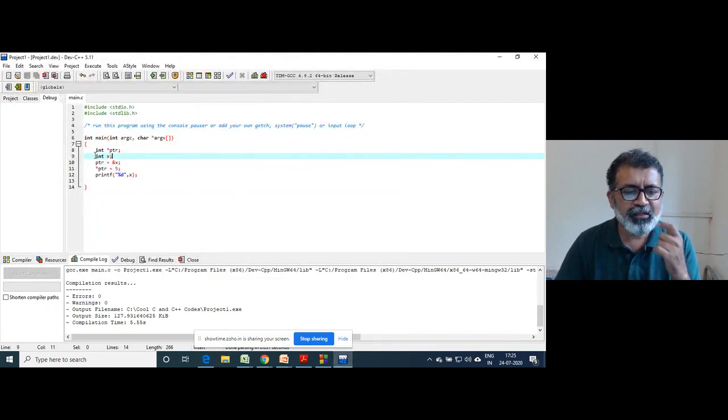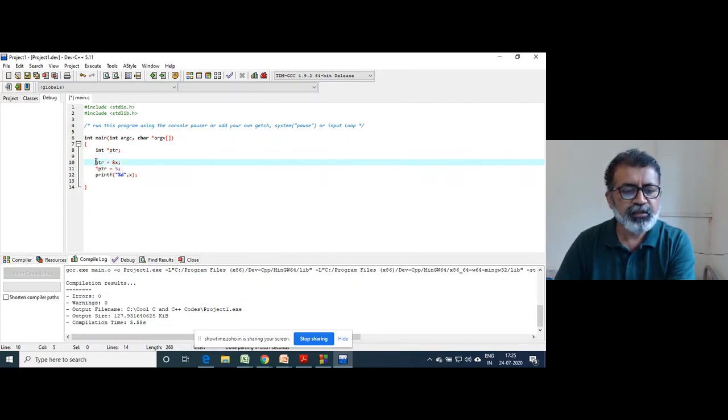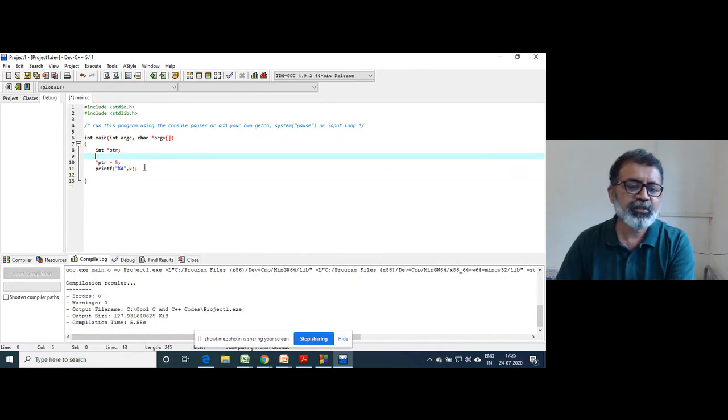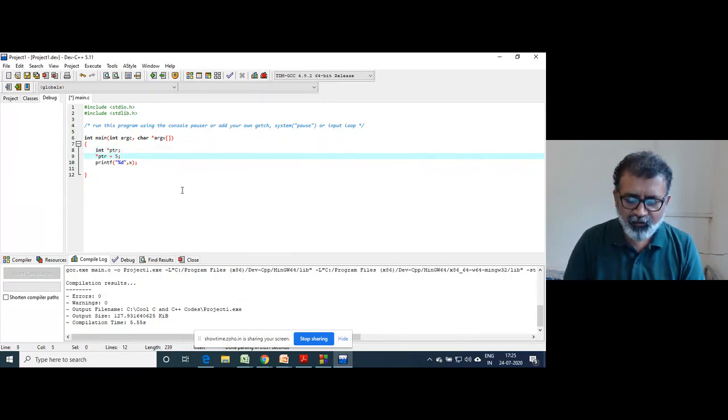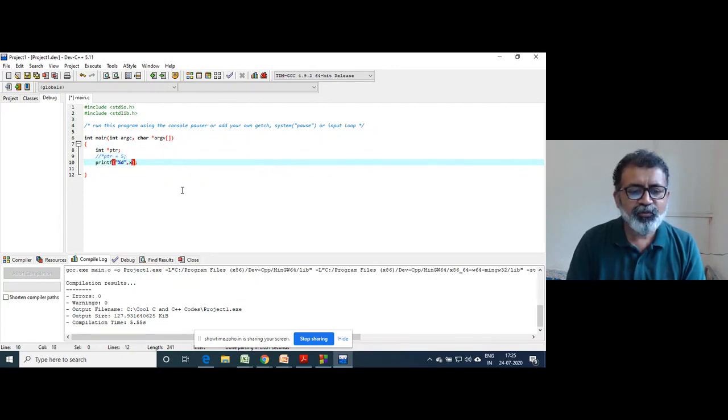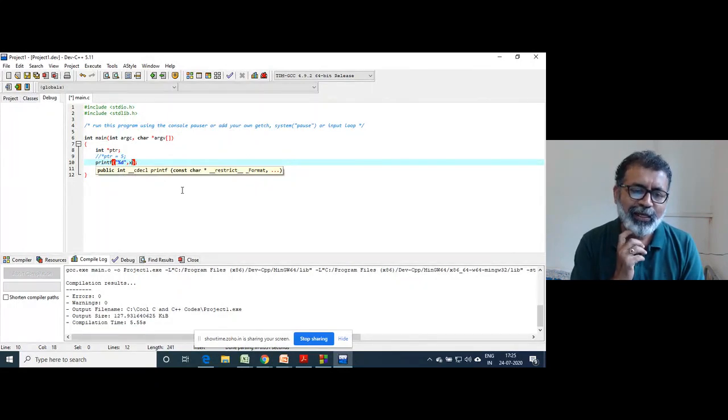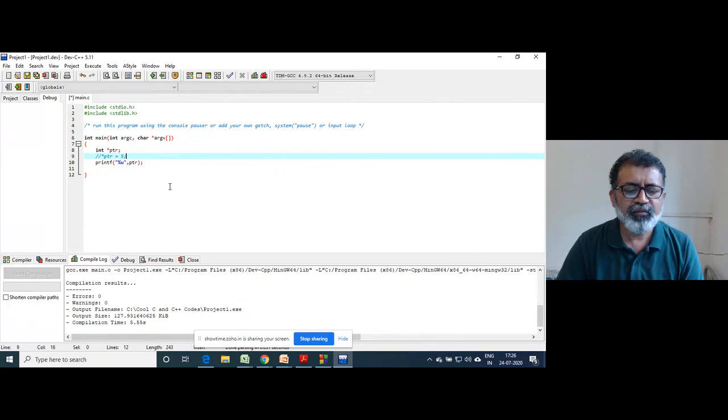But the earlier problem is like this. This is not there, and this is not there. This is dangerous. Why is this dangerous? PTR is a pointer variable and it contains some garbage value. So I will tell you what is happening. I won't execute this statement because that is dangerous. And I will try to print the contents of PTR. There is no harm in printing the contents of PTR. I hope you get what I mean.